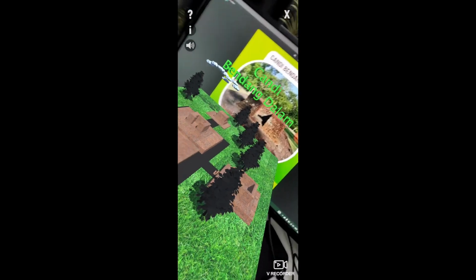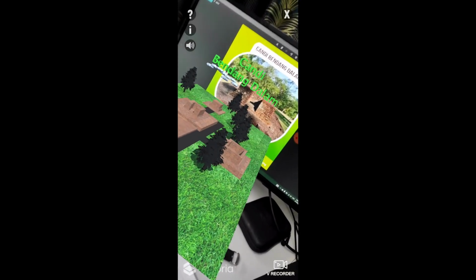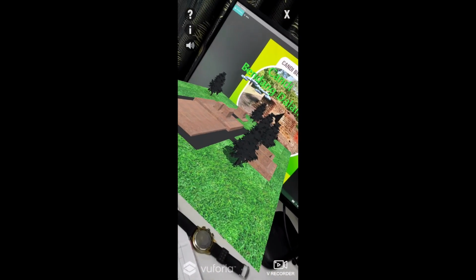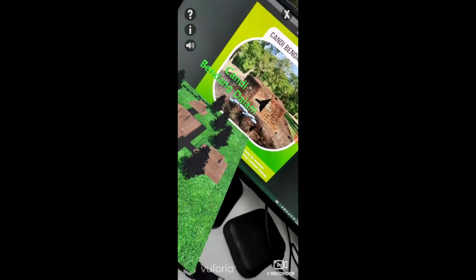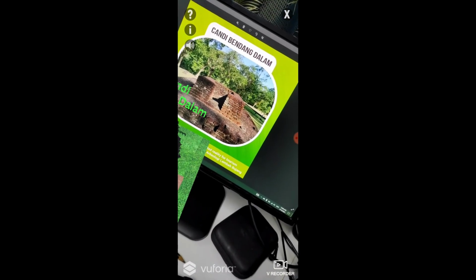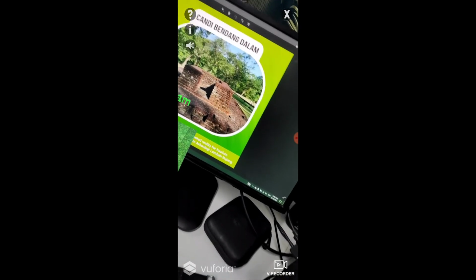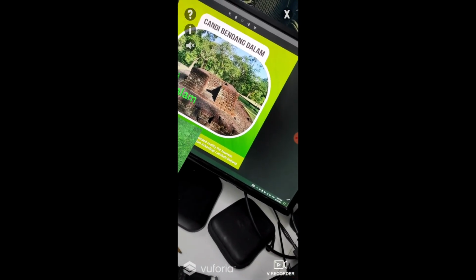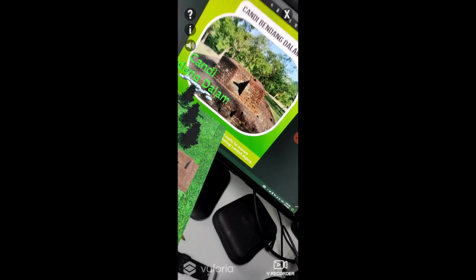Okay, this is the last map, the last image to scan. Before I forget, there is also a sound button, with which we can turn the sound on or off.